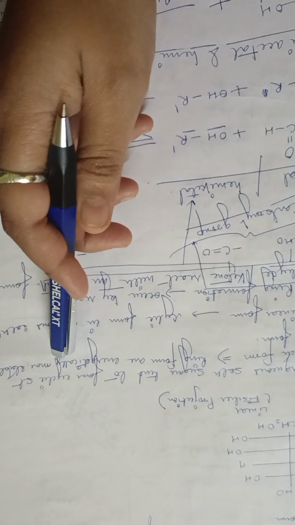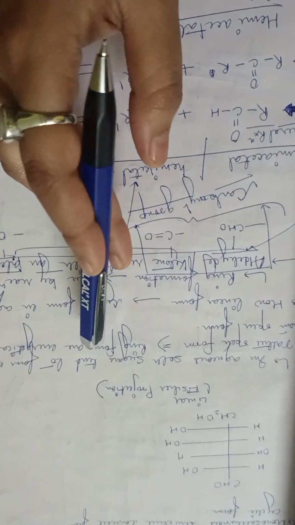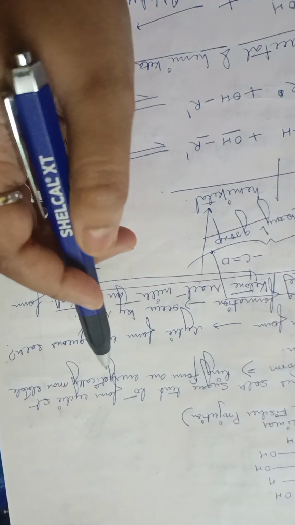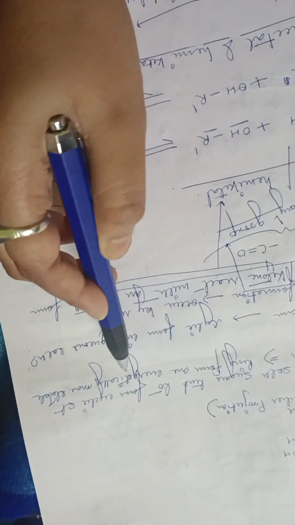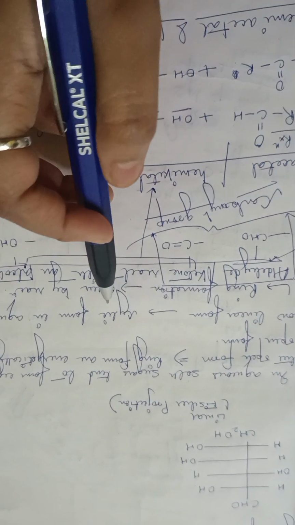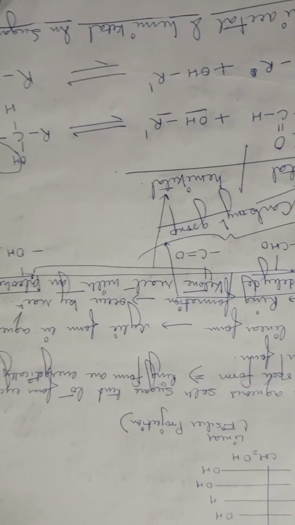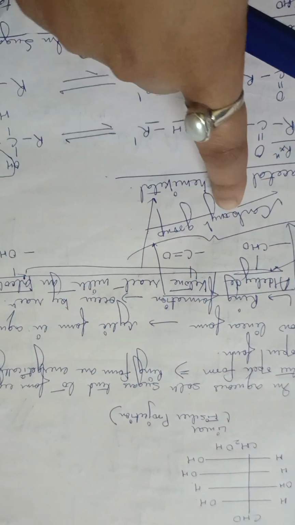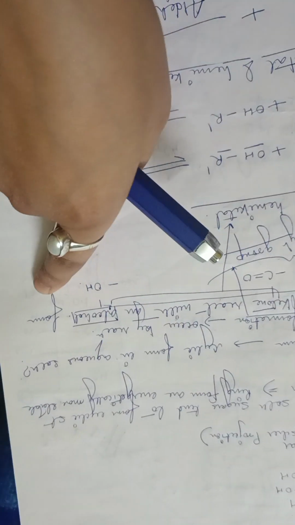In aqueous solution, sugars tend to form cyclic structures rather than the open form. Ring forms are energetically more stable than the open form. So these ring forms, anomers, are more stable than the linear form. How is the linear form converted to the cyclic form in aqueous solution? Ring formation occurs by a reaction: an aldehyde or ketone reacts with an alcohol